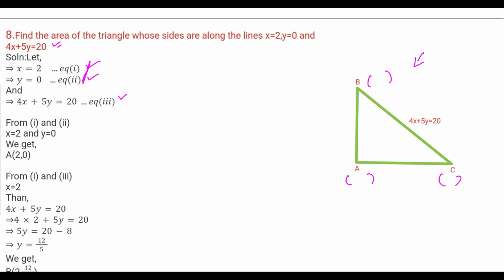When you look at equation 1 and 2, we get x is 2, y is 0, right? So that is how we get our first coordinate. Next, we'll use the first and the third